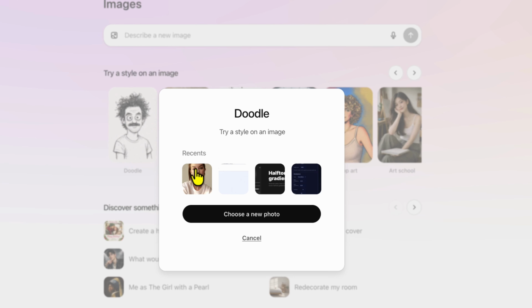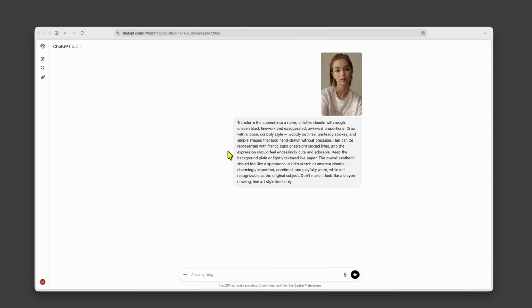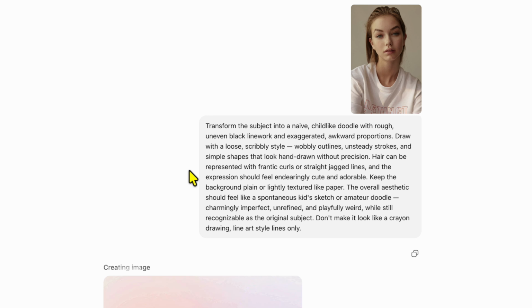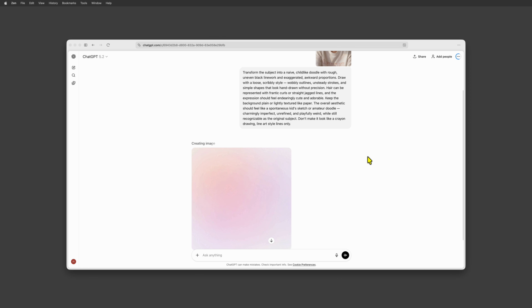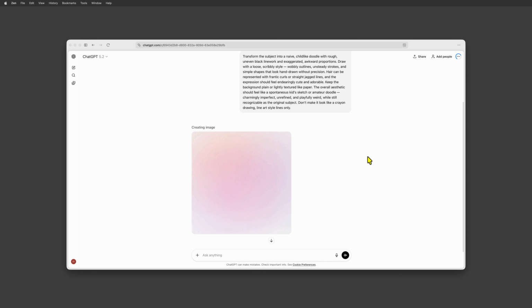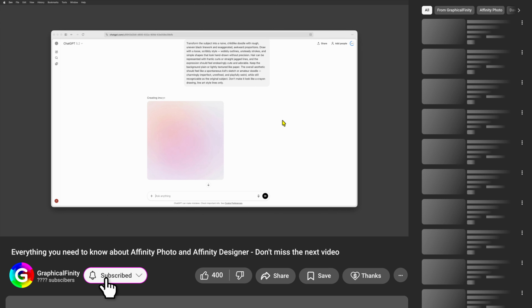What I do like is that you can now reuse the images you uploaded earlier in your chats. Let me use a portrait image I used earlier. As you see, these styles are just predefined prompts which immediately apply to the image you uploaded. I hope they enable a feature in the future where some creative prompt engineers can share their styles with the community. The generation of the image is definitely not fast, and you will have to wait a minute or so